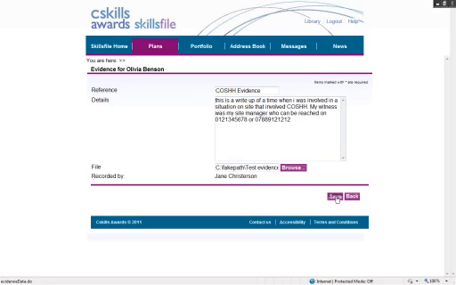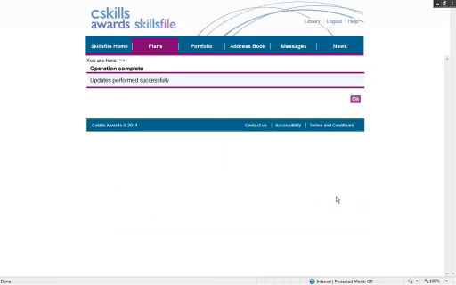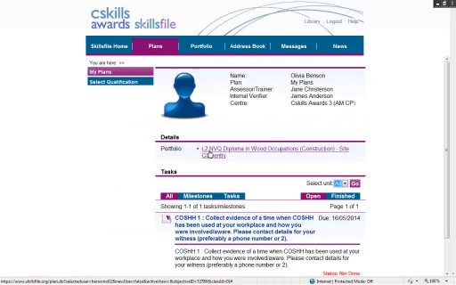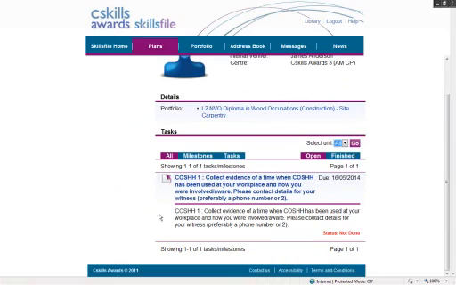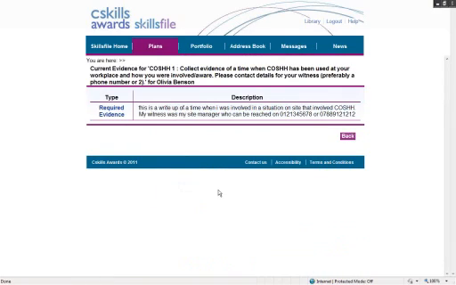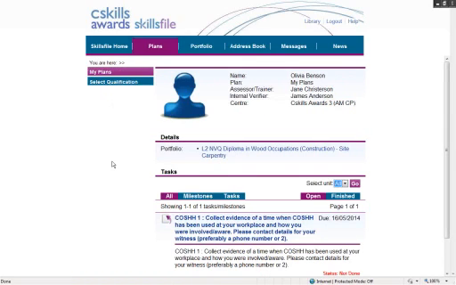They can just click Save, and what that's now doing is saving it into the system. You click OK. And what they can do there is if they actually go into it again, they can see there's the required evidence, there's the statement of what they've done, and go back. And that can be marked as finished when the assessor has actually gone in. So if we go back in as the assessor,